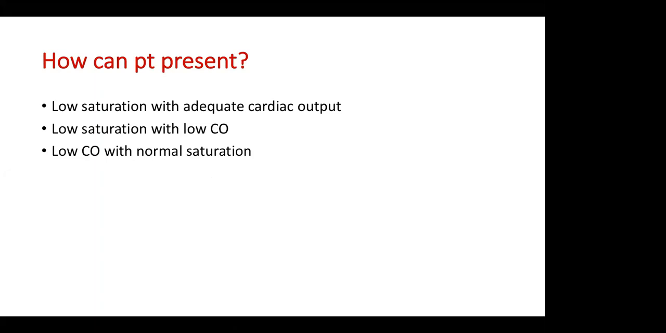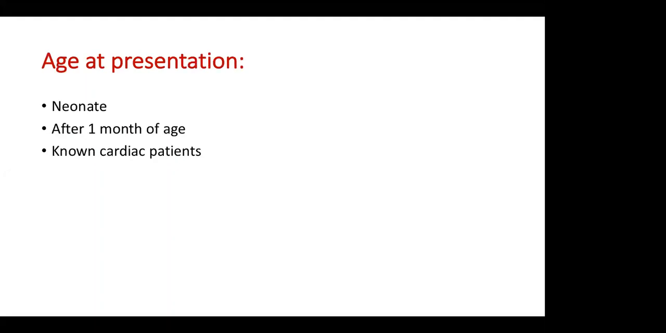Either they have low saturation with adequate cardiac output, or they have low saturation with low cardiac output, or they have low cardiac output with normal saturation. I don't think there is any other scenario different from these three. And they can present at any age. The neonatal presentation of cardiac disease is usually critical and they need intervention early in life. However, a good number of those cardiac patients present after 1 month of age, and you will be faced at one time with a patient who had a cardiac diagnosis, operated or not operated yet, and you have to deal with him knowing the diagnosis